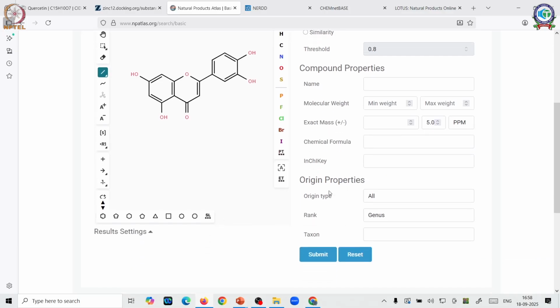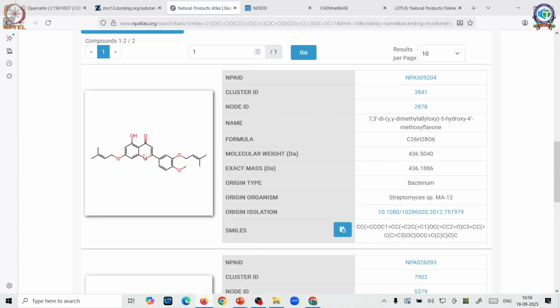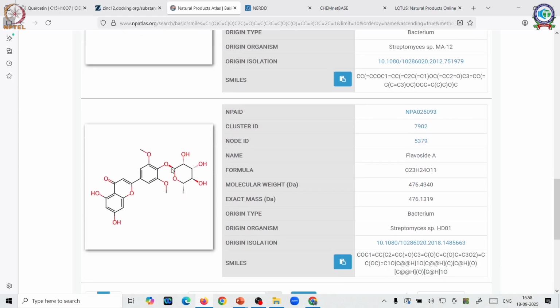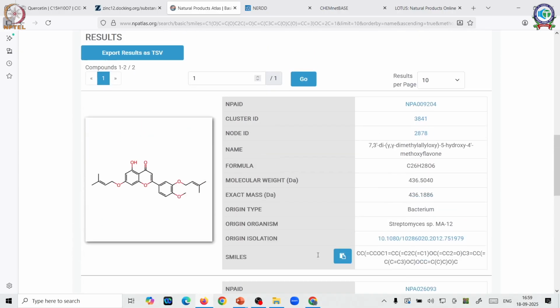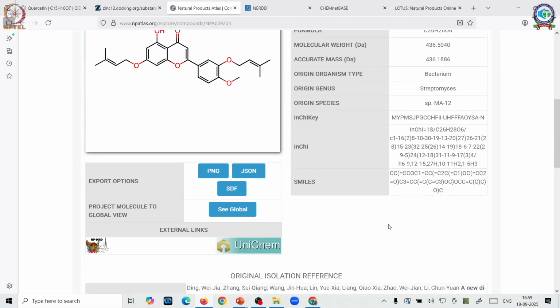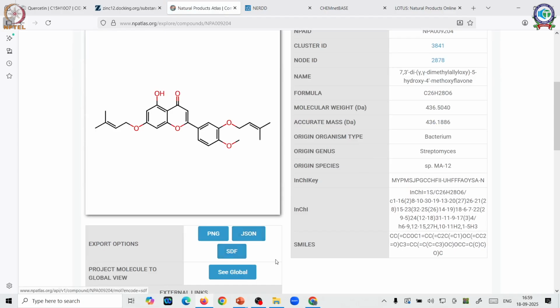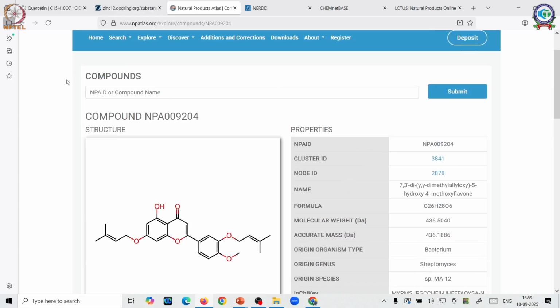Okay. So in this case, I am just putting in all the properties and submitting my query. So here you can see definitely a quercetin structure is there, but in addition to that, you can see there are some additional groups. And in this case, it's quercetin, but with a methoxy added out here and a glycoside out here. So these are a few add-on products that have come back. So this is the name of the compound. I can just go there. I can download the structural properties from here as SDF options, which will give me the 3D structure as well, the mass and other properties.